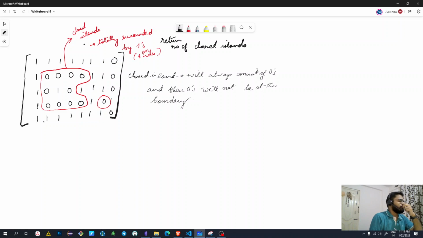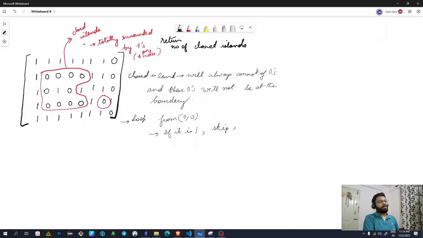Again we will start the loop from 0, 0. If it is 1, skip it because it is water. If it is 0, perform DFS,